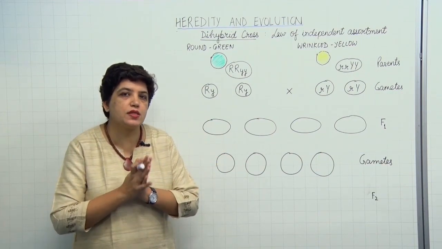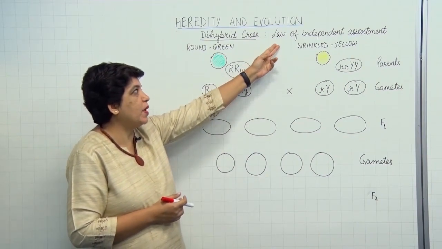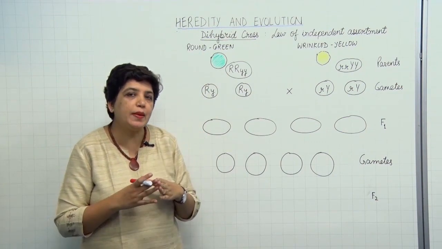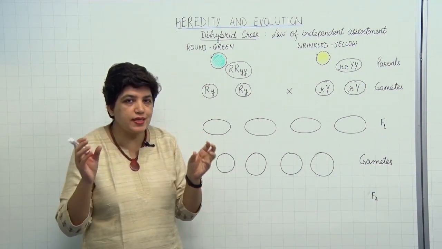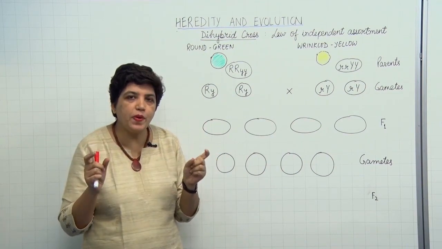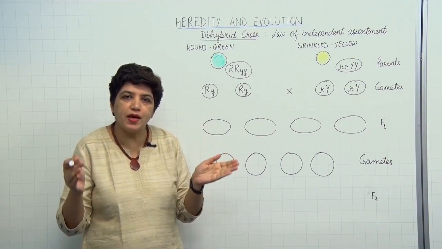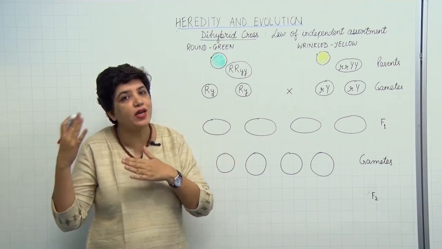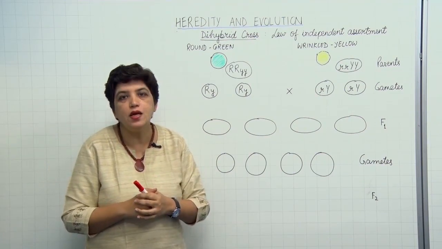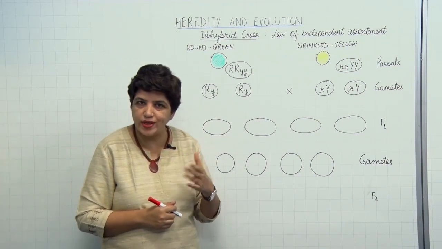So during this crossbreeding, what was noticed came out as the law of independent assortment. During gamete formation, the genes separate out, that is the law of segregation. Now one pair of genes for one character pairs with another pair of genes of another character independently. That is the second law of Mendel, the law of independent assortment. Let us study how it happens.